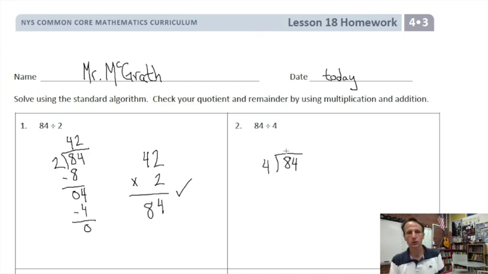So how many 4's in 8? 4, 8. All right, there are 2 4's in 8. Why? Because 2 times 4 is 8. When we subtract, we are left with 0. We subtract because we've divided up that 8. And then we still have 4 we need to divide here, so we'll write down the 4 so we can